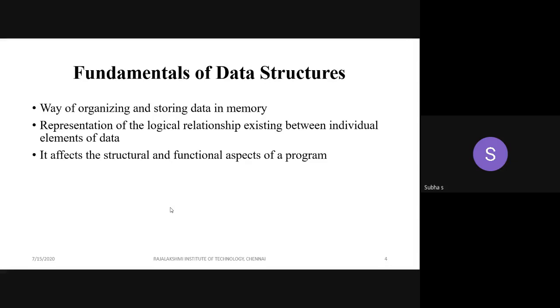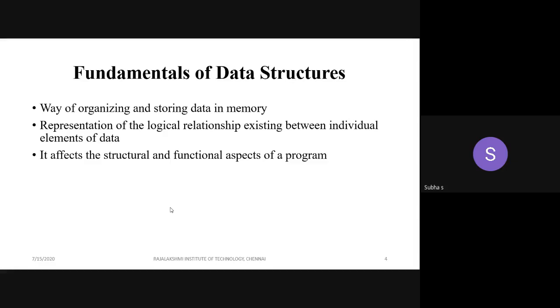So that is the basis of data structure. That is called data structure in simple terms. If anyone asks what data structure means, it is the way of organizing the data. Not only organizing and storing the data, because data storage is more important than accessing the data. Though we are going to access the data anywhere at any time, we have to store it somewhere properly. So that way of organizing the data is called data structure.